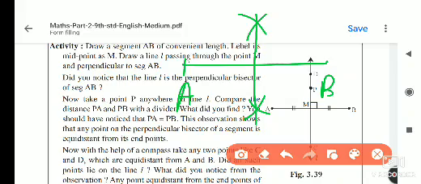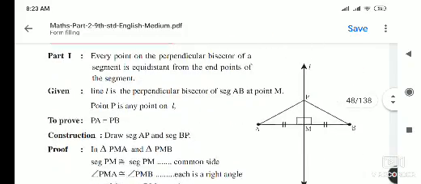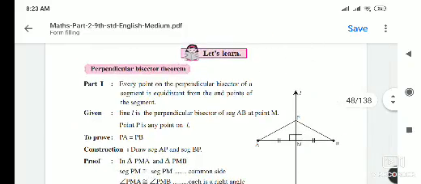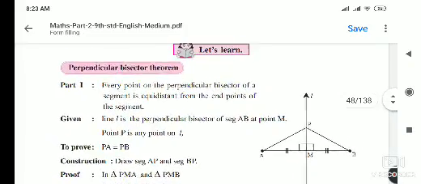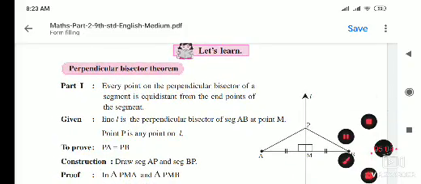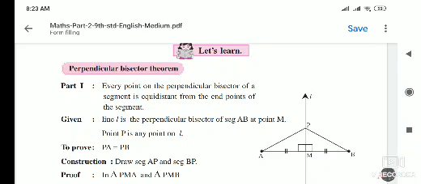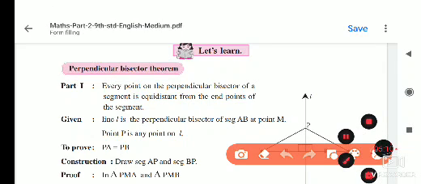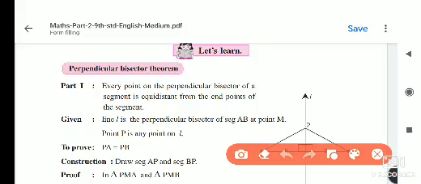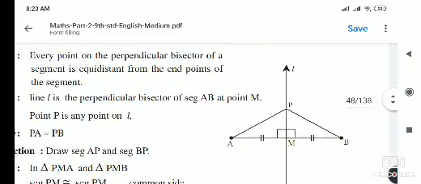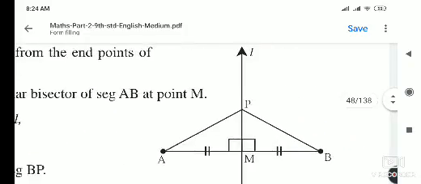So this activity you have to do and send it to me. Now this was only the activity; we will see it theoretically. Now we saw it by activity. Now we will solve this by theorem, meaning logically we will prove that any point on the perpendicular bisector of a segment is equidistant from the endpoints, and it is actually very easy.